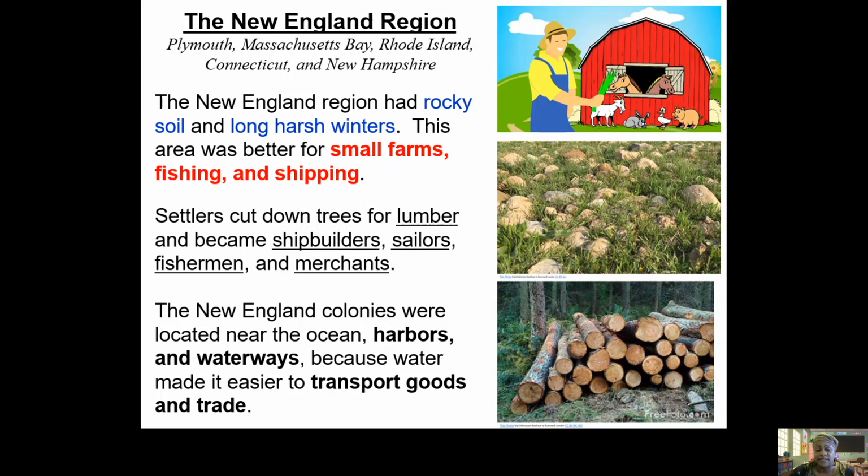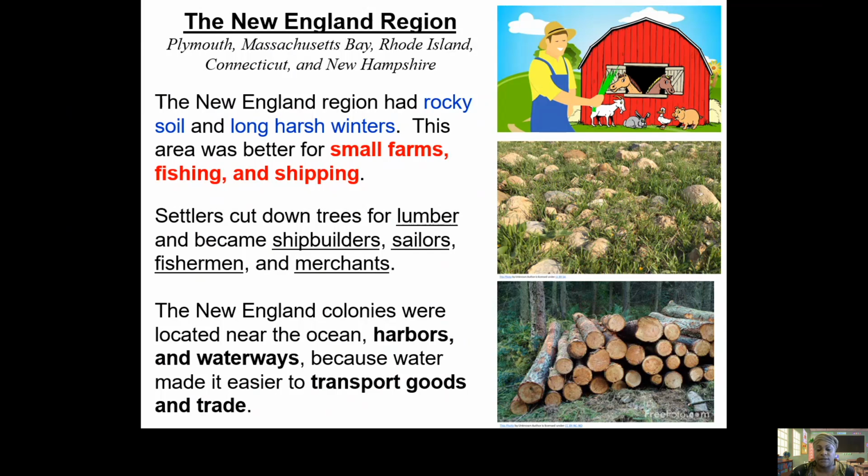The settlers in this area could cut down trees and use the trees for lumber, and they can use that lumber to build houses. They can use the lumber to make ships, and they can also send that lumber back to England because it was a very valuable natural resource. A lot of the people who worked in this area were sailors, they were farmers, they were fishermen, they were